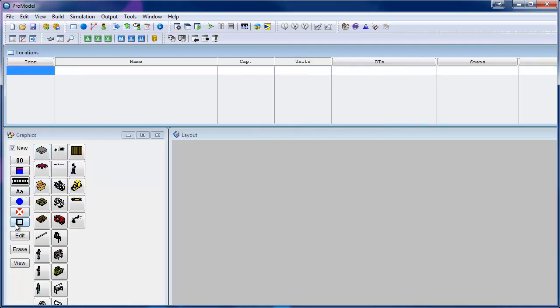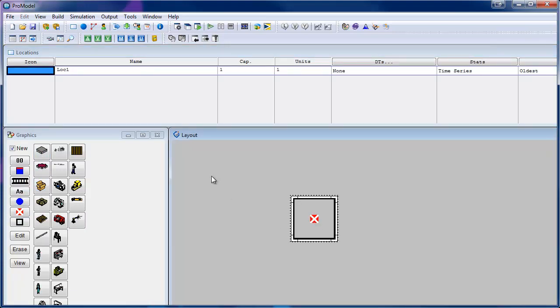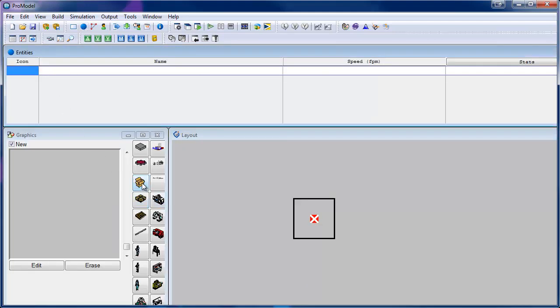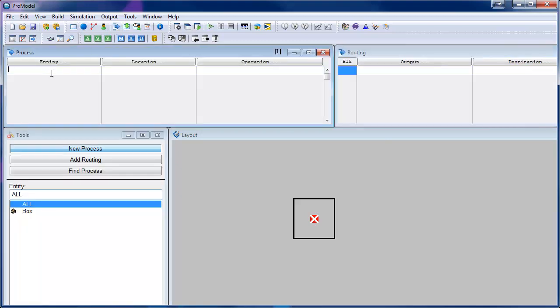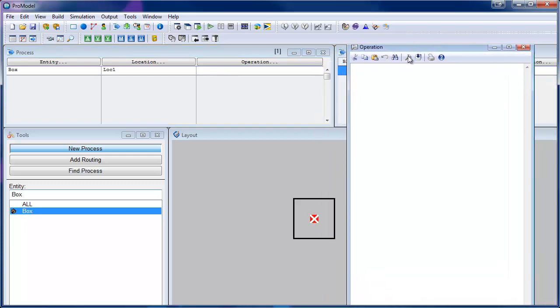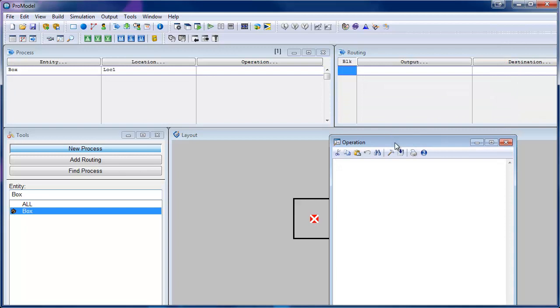Put a location down, which we'll just call loc1, that's fine. And then in the processing, we're going to, do we have an entity? No, we need to put an entity down there. So we have our box as our entity, and in the process logic we'll have box at loc1, and then in the operation, say for example we wanted to do a count every time an entity passed